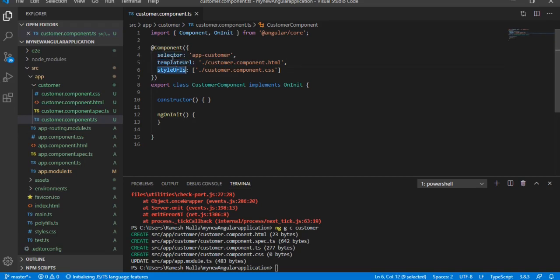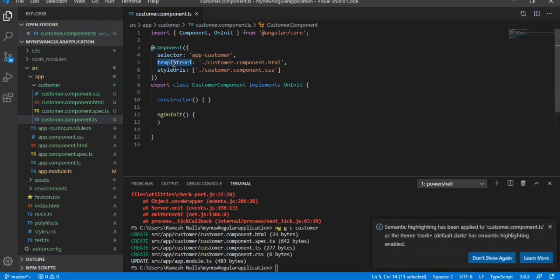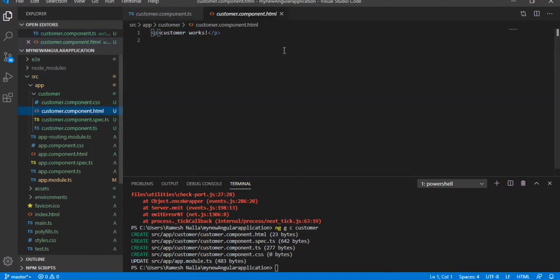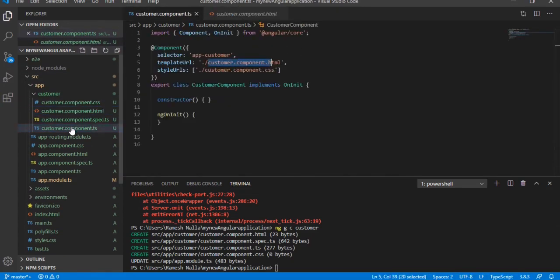The selector name represents the view, and we write the HTML code in customer.component.html. This is the file where we write the design. The component is a class: export class CustomerComponent implements OnInit.